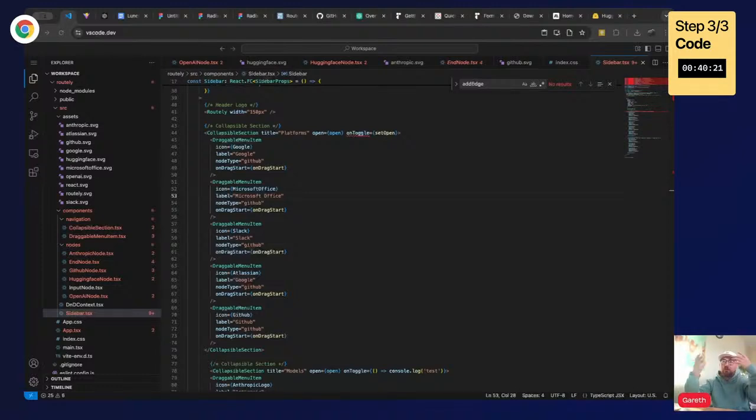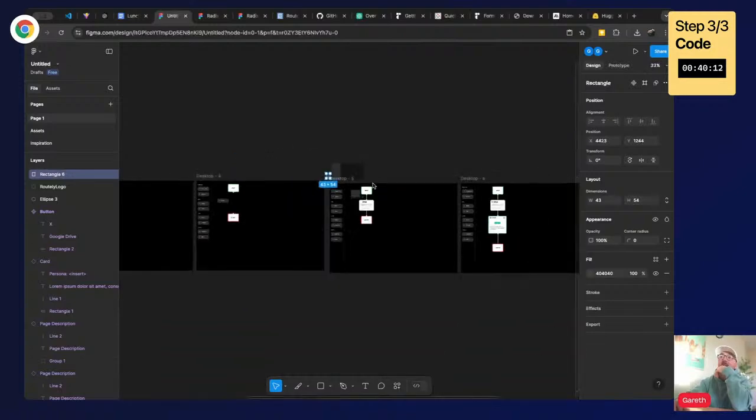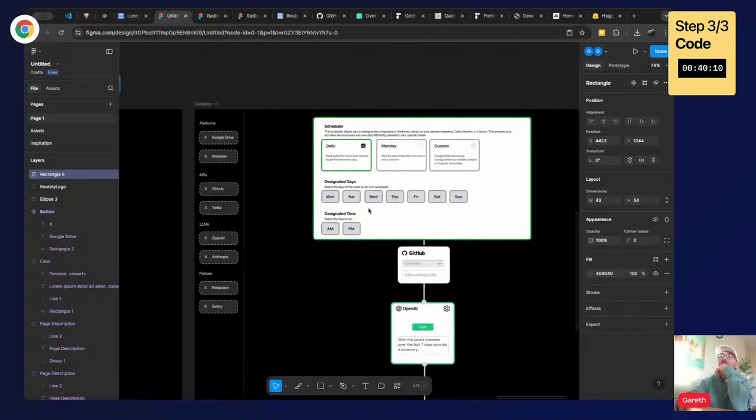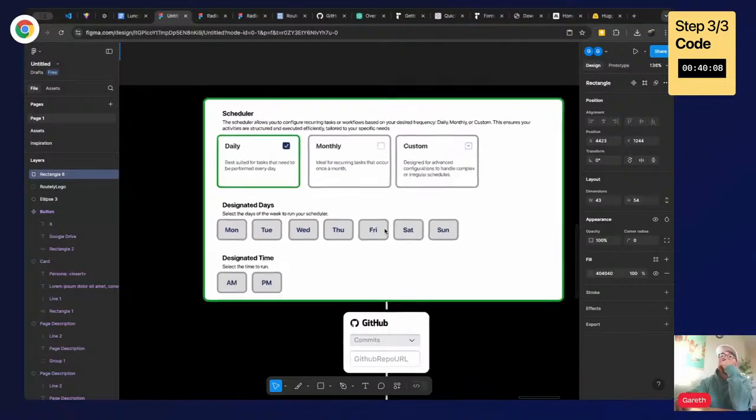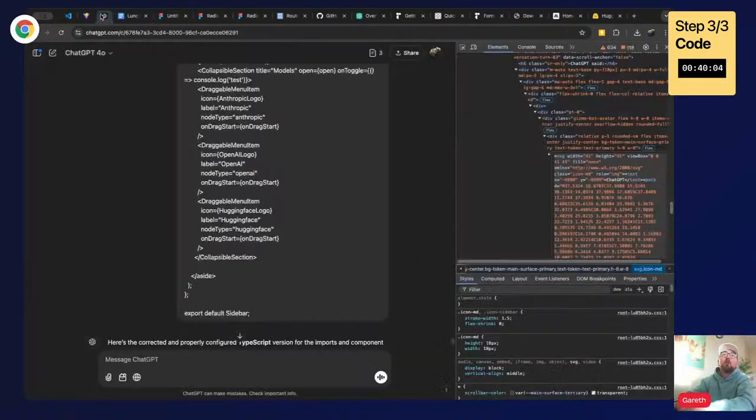I'm going to produce this sort of JSON object at the end from here that I'll be able to run. The thing that I've got to work on right now is a start node that represents something similar to what we designed here. So we have this done right now. What we need to do next is to work on this scheduler. So we need to basically copy this and say, create a scheduler